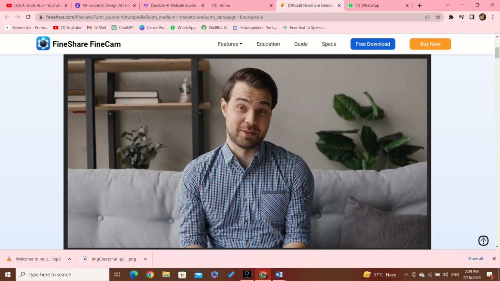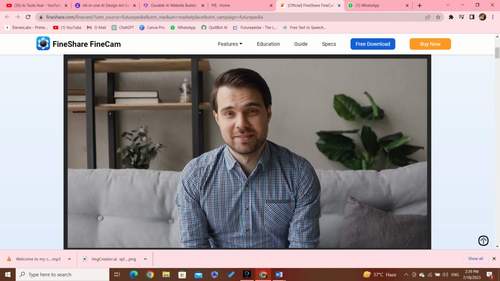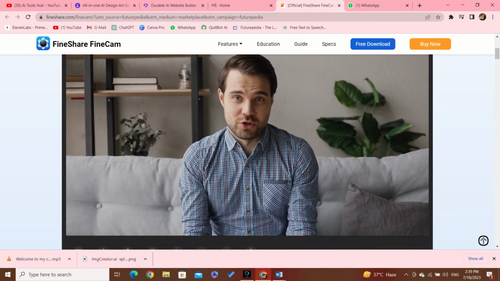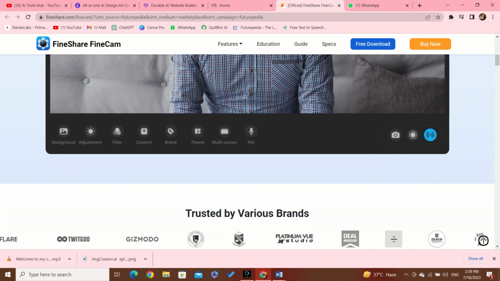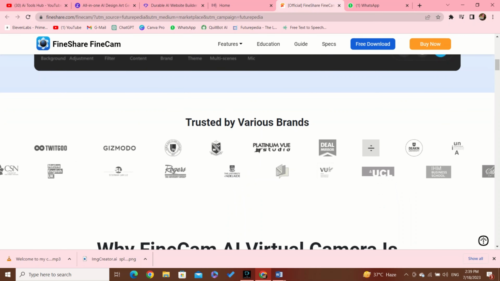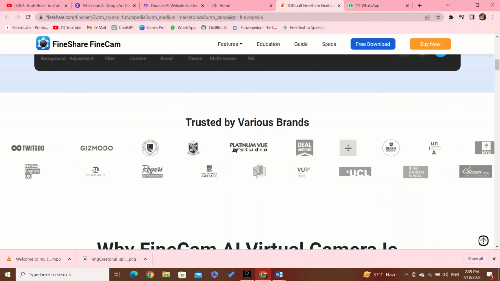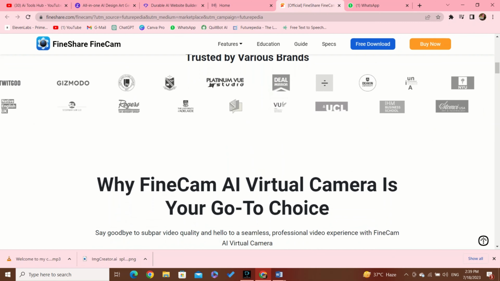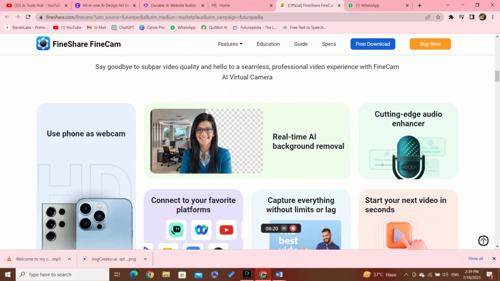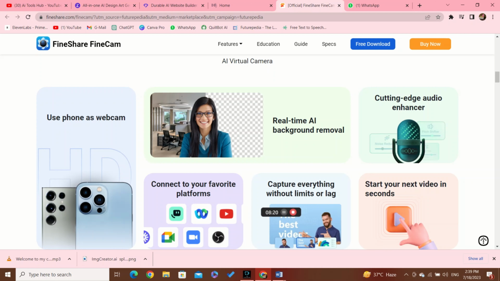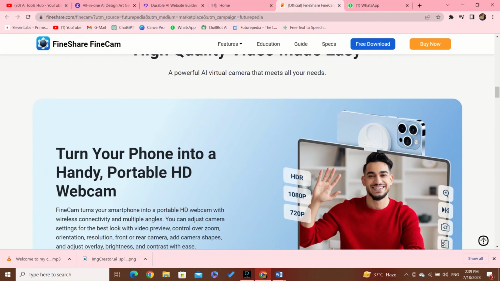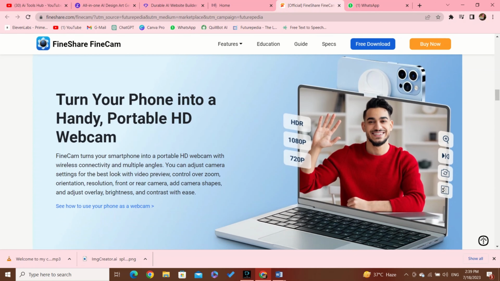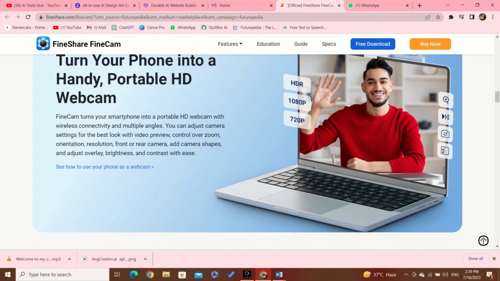With an array of pre-designed templates and customizable elements, users can easily piece together their footage, images, and text to craft professional-grade videos in no time. The platform's AI algorithms intelligently analyze the content, automatically applying transitions, effects, and animations that perfectly sync with the chosen theme and style. Whether for personal projects, marketing campaigns, or social media content, Findshare AI opens up a world of